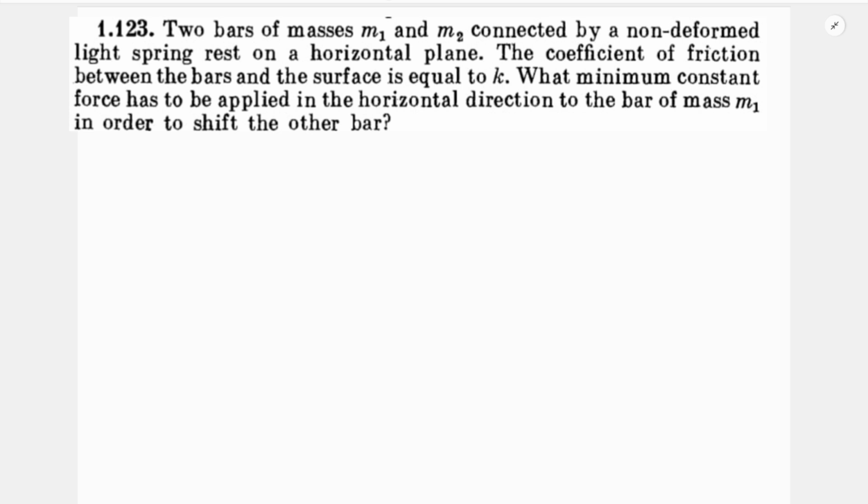What minimum constant force has to be applied in the horizontal direction to the bar of mass m1 in order to shift the other bar? So if we draw a simple diagram to explain this arrangement, this is the horizontal surface, and on this horizontal surface two blocks are placed